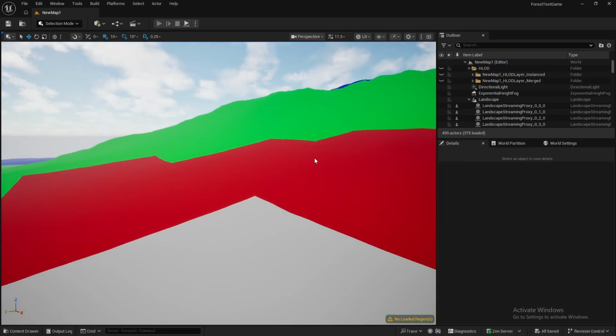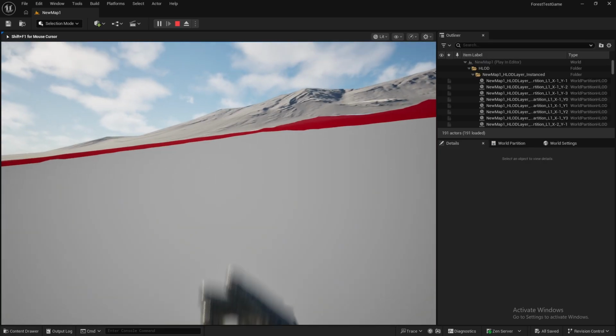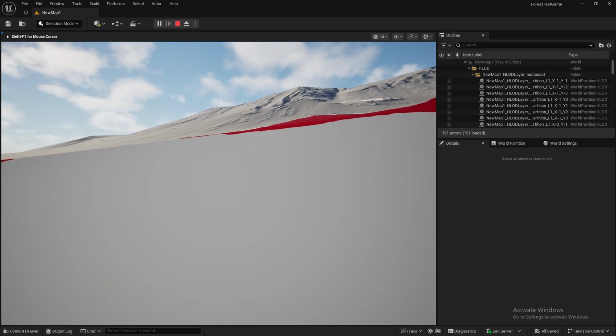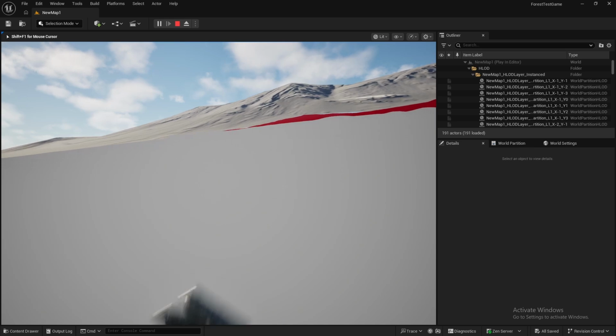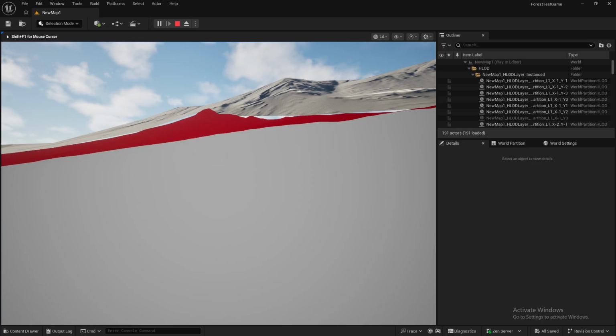Now what's interesting is if we hit play, you will notice that the world partition ends in an LOD 1 section that shares an edge with an HLOD built using the lowest resolution option. We want the loaded LOD zone to have the same level of detail as the HLOD texture adjacent to it. A really easy way to ensure this is to make sure the world partition loading distance is well within the